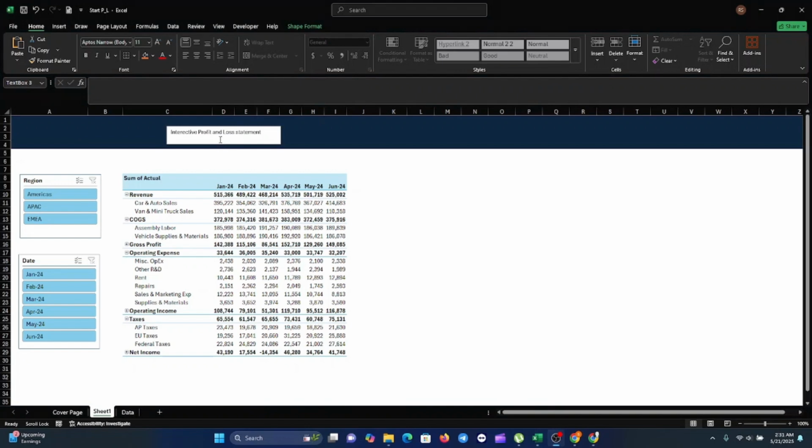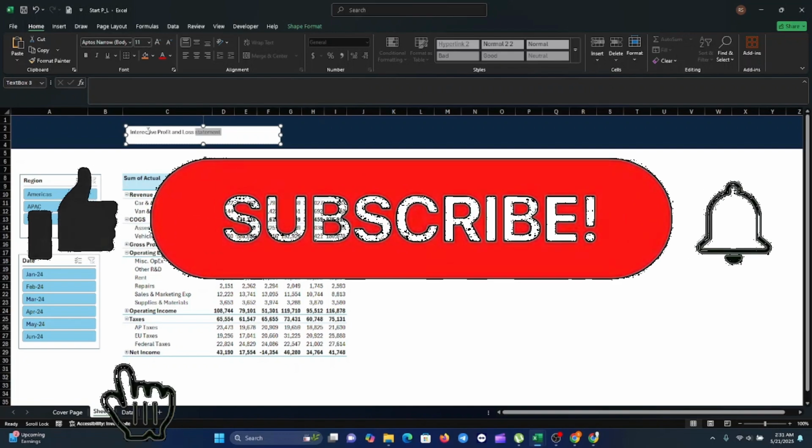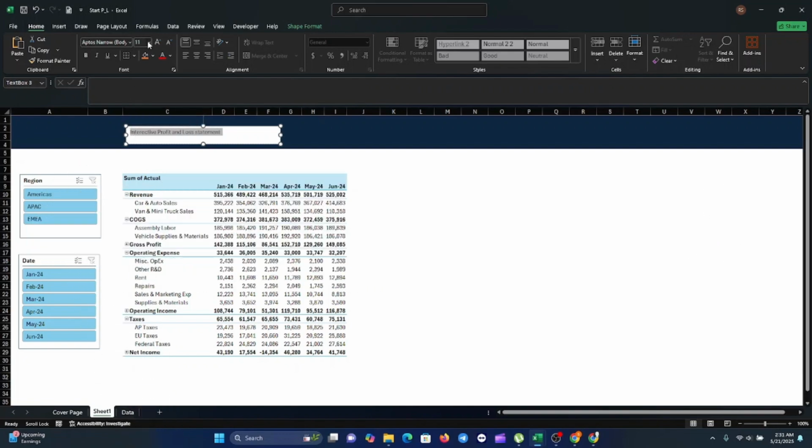Now you can also increase the font size of your title. Just going up here, you can highlight it the way it is. Then you can increase the font size, let's say for example to around 20, just like that. Then we want to change the background of the